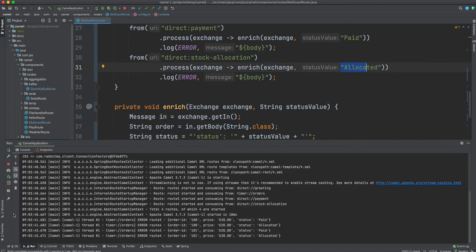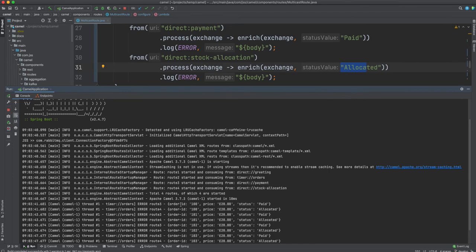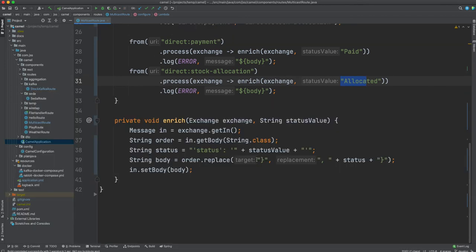So what you can see over here, if I pause my screen for a second, is I've got order ID, status is paid, which means it's a fresh message. This is another message processed by another route. As you can see, the route IDs are telling us that they are different routes: route 3, route 4, route 3, route 4. If I add maybe another route, you'll have a different number over here. So this is how we have solved our problem of sending a sequential process to multicast, and we are processing in parallel on a fresh copy.